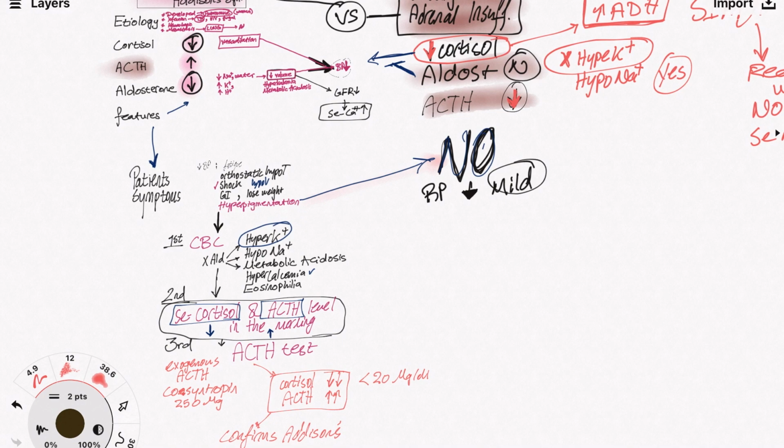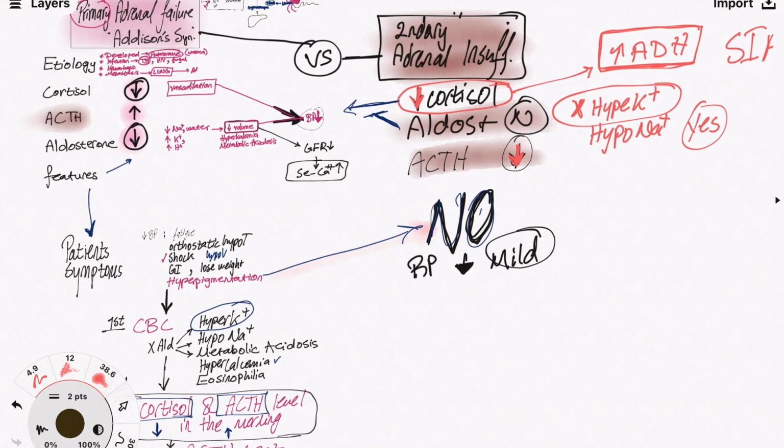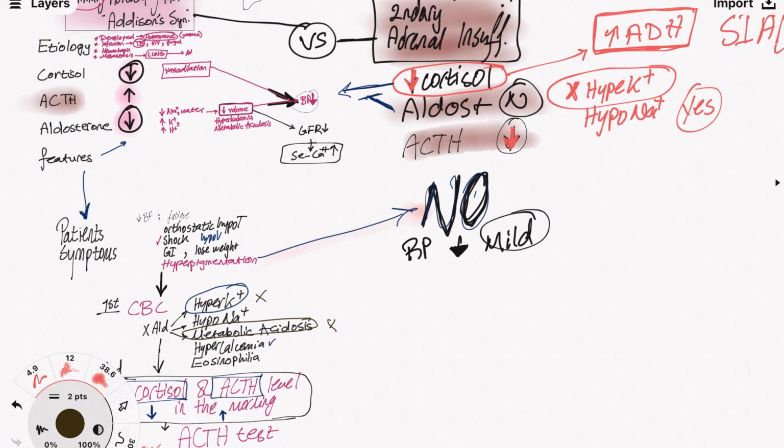So in the first step, in the CBC, we would find no hyperkalemia, but we would find hyponatremia and metabolic acidosis. Would we have metabolic acidosis, right? No, we wouldn't have metabolic acidosis either. We wouldn't have hyperkalemia, because these were a result of the loss of aldosterone. And we said in secondary adrenal insufficiency, it's only a loss of cortisol. So here we would have